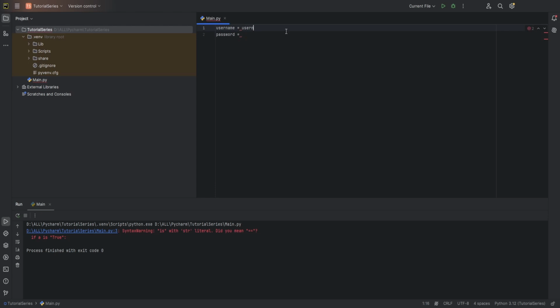So user input, please enter username, input, enter password, and then